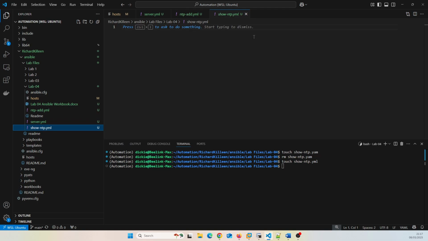There we go. All right, so remember our three dashes. I'm not going to keep telling you to remember this. Name: show NTP, hosts: edge and routers, connection: network CLI. Okay, task. So we're going to call it a name: show NTP stuff. Yeah, that's good. All right, so it's going to be